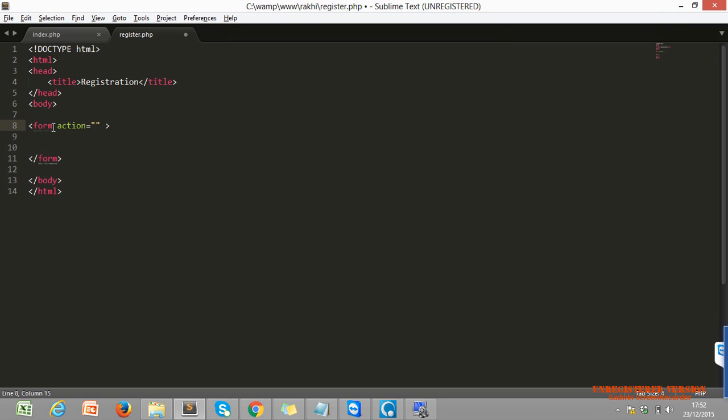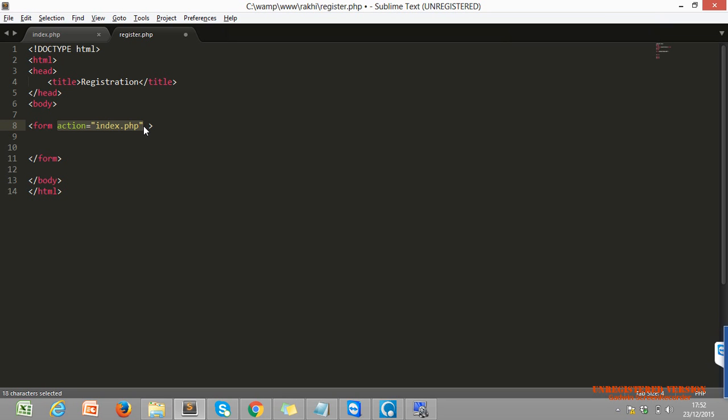Whatever I give, if I give index.php, then our form will be redirected after submitting to index.php. These are properties of the form tag; only the form tag has the action property.